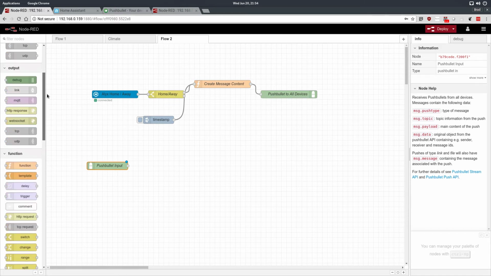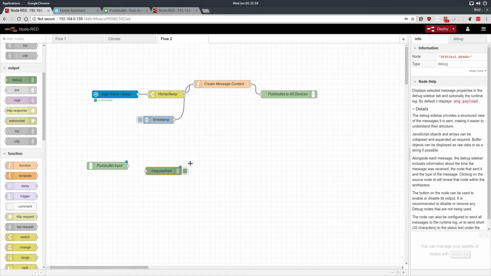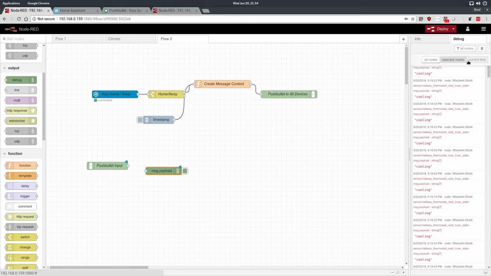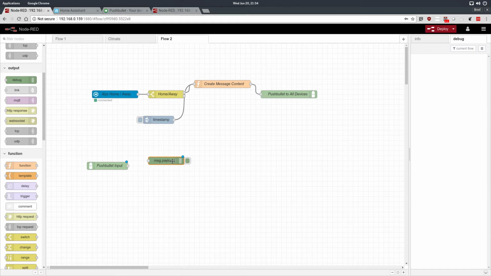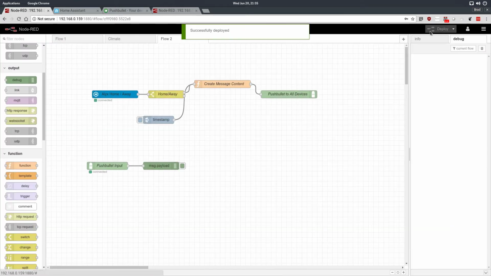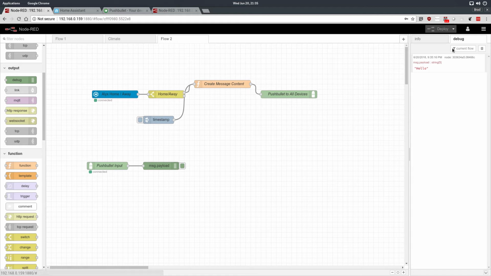I'm going to throw a debug node onto it. I go to the debug window, I'll set it to just the current flow, throw everything else in the garbage, and I'm going to connect these two for now and deploy. So now I will go on my phone and I will sign into the phone, and I'm on Pushbullet now. I'm going to send a message that just says hello, and sent, and you'll see that message payload just appeared over here, which means we are now able to send